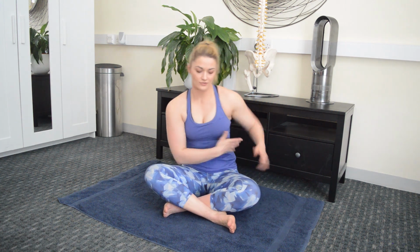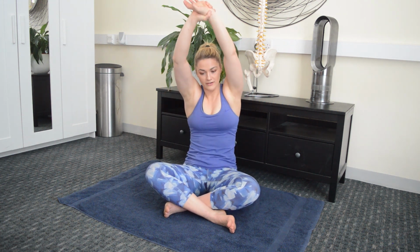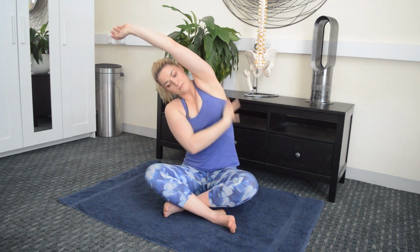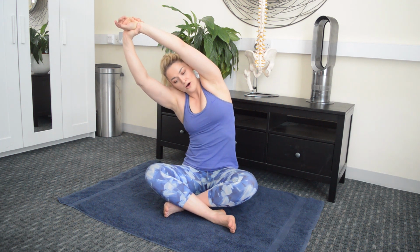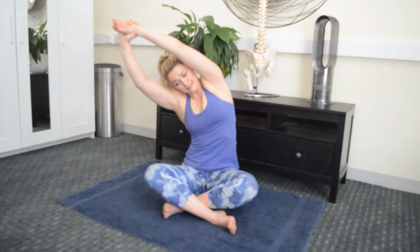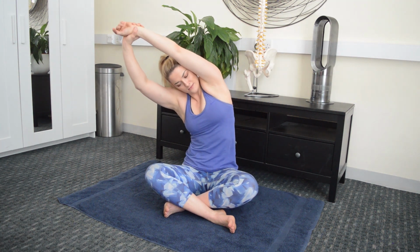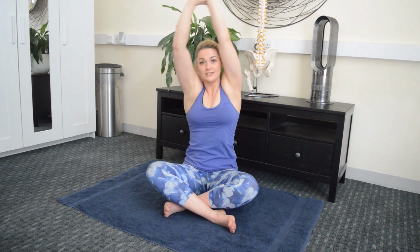So you want to deepen the stretch through the postural muscles, the intercostal muscles of the ribs, and the lats through the spinal area. So you want to have the hands above the head, we're going to breathe in, and as we breathe out, gently bending the body over. So again, we're increasing that stretch today, holding for 15 seconds in this position. You will feel it pulling all the way down through here, holding that position, and then gently back up to